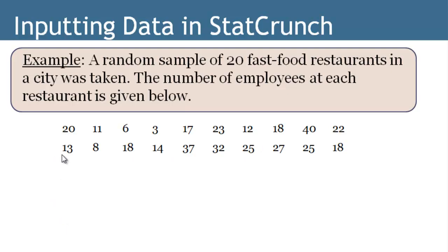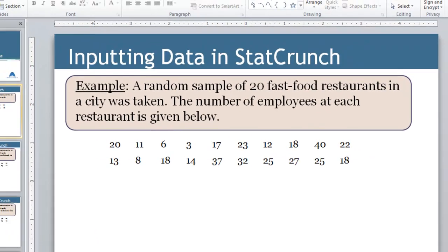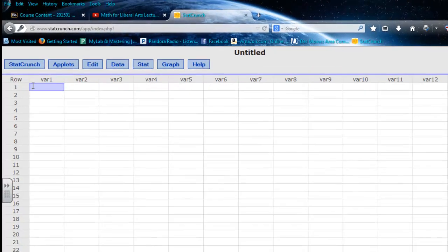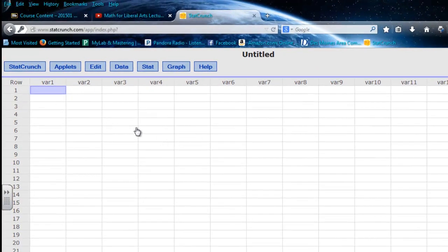So one way to do that is if you go into StatCrunch, you could just start typing in those values. Now, word of caution for you, it is typically better to input your data in columns. Just from experience, having it in a column works better. So first thing you want to do is click in the header for that column, and then you can label it. So this could be the number of